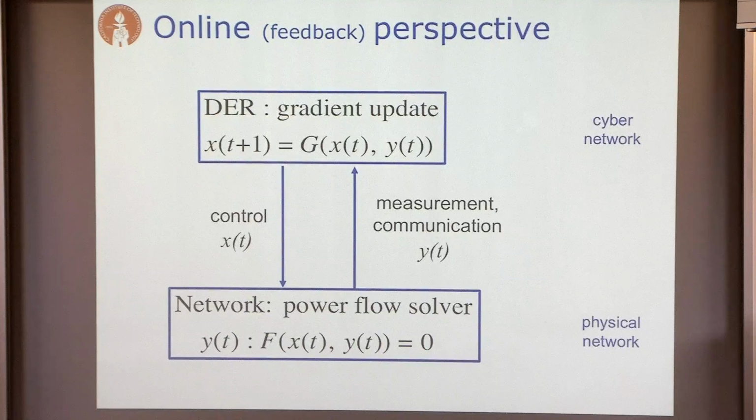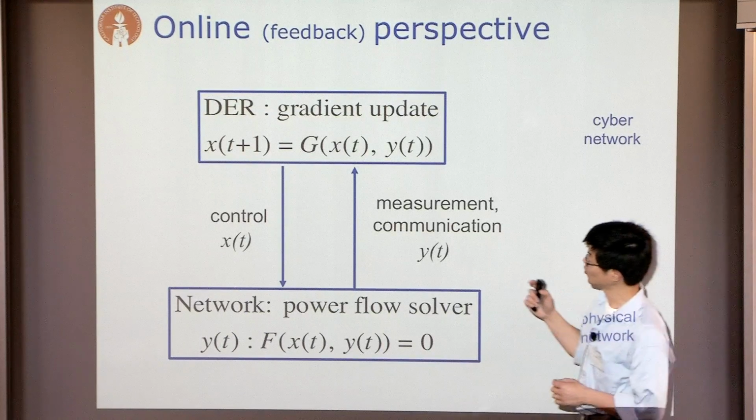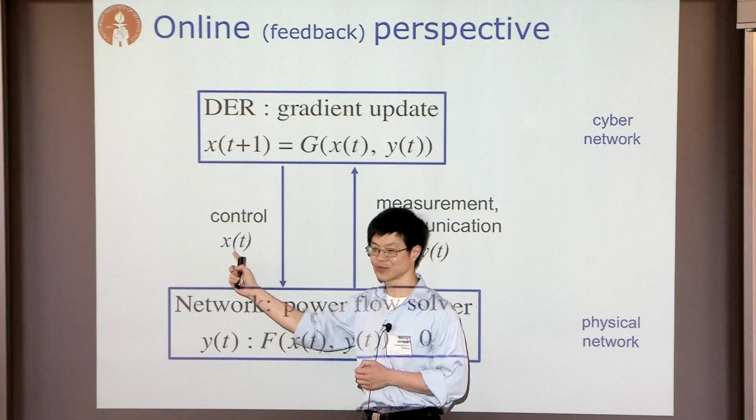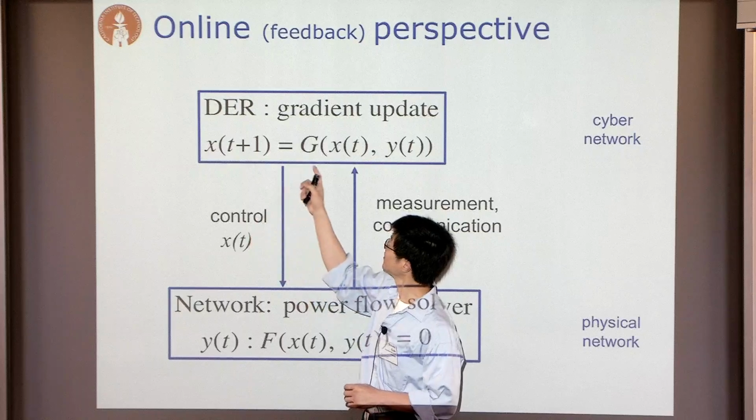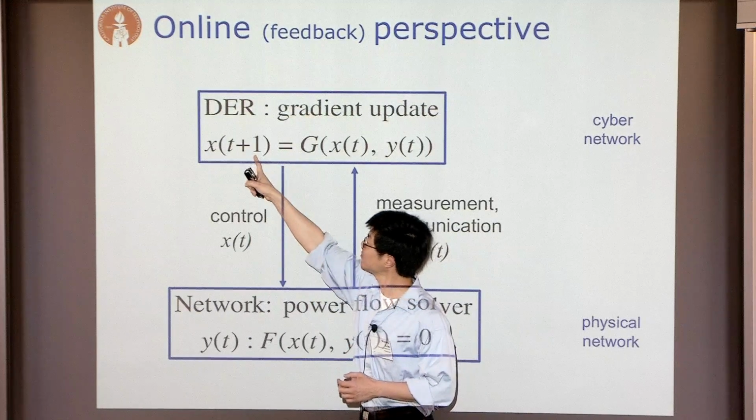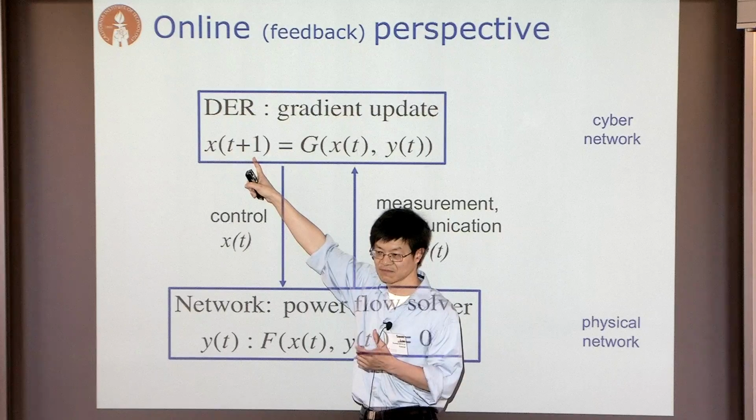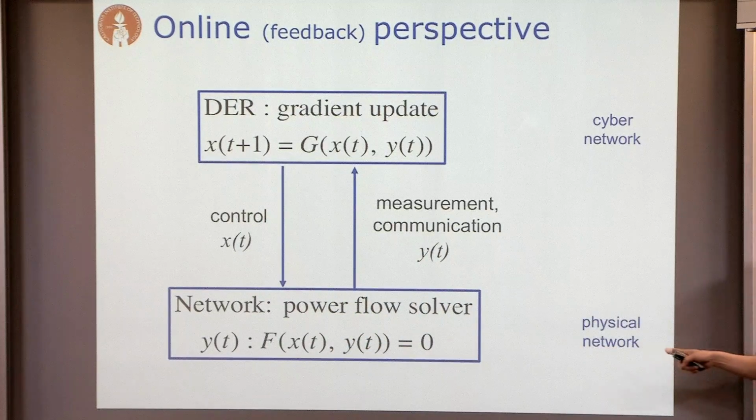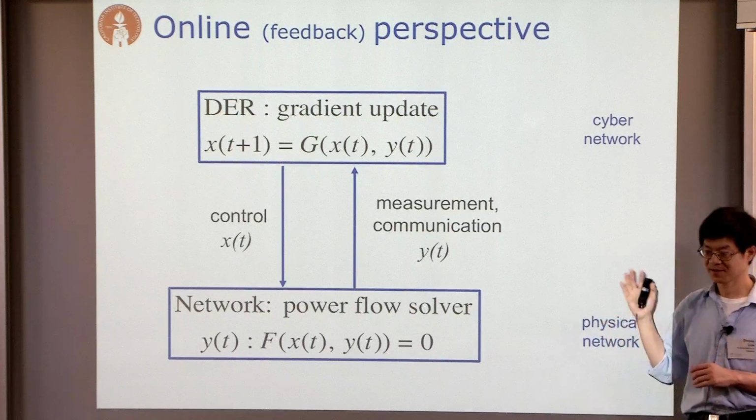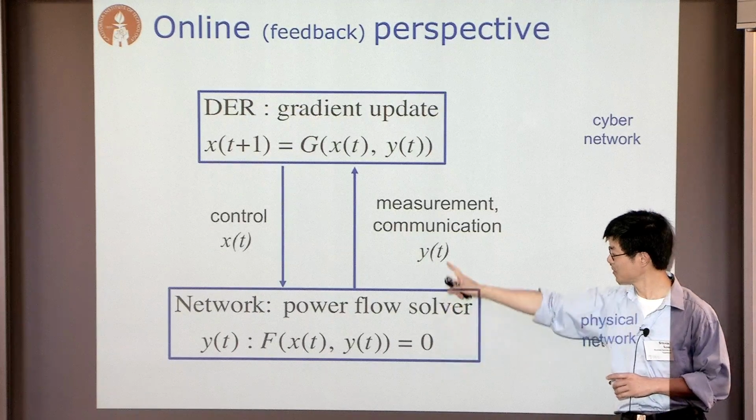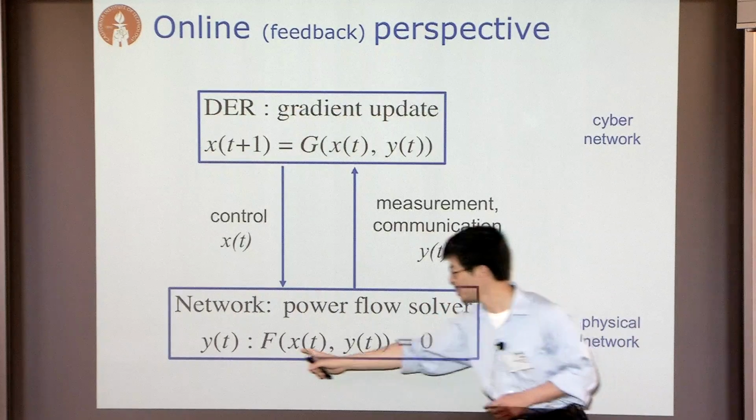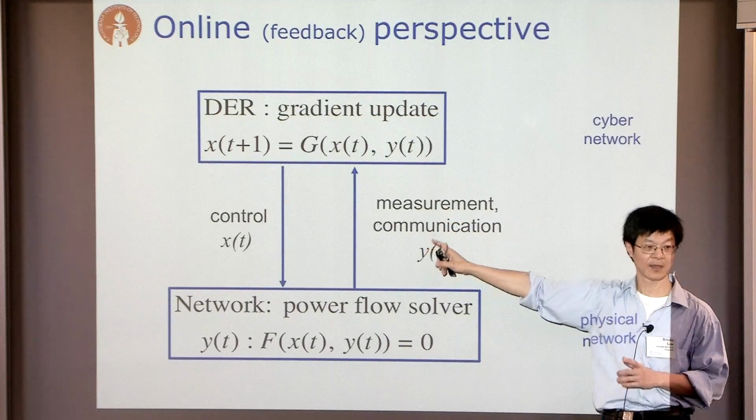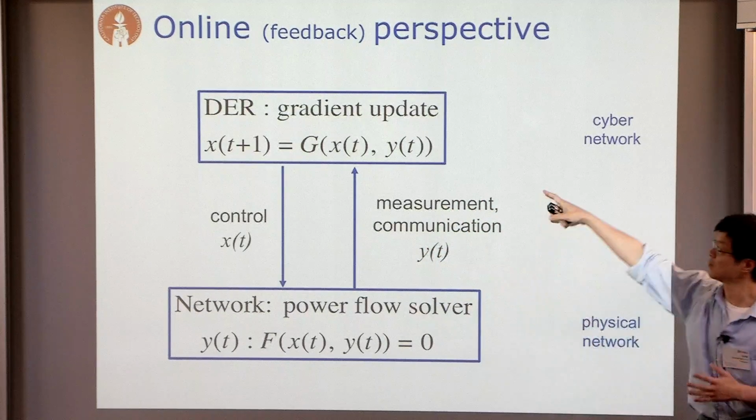And again, the basic strategy is very simple: when we interact with the physical system, we can only control the controllable variables. So iteratively, we compute the controllable variables as, let's say, one gradient step, and apply it to the network. Then let's assume you can measure everything. You measure all the Y. The physical network is going to solve the power flow equation and give us a Y. Let's assume we can measure every Y and communicate and compute the next